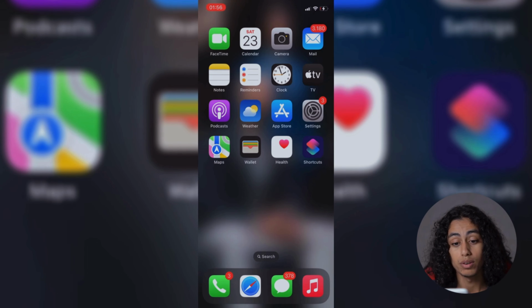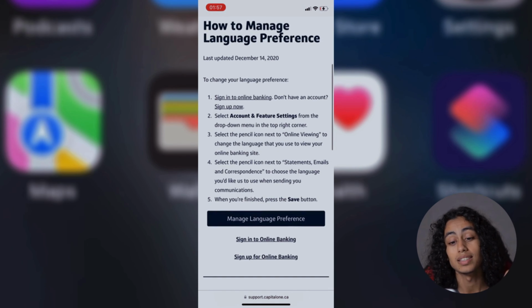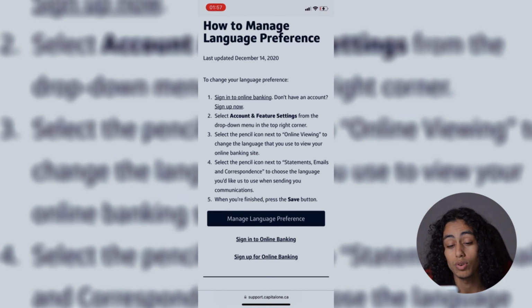So I'm going to open the browser, and as you can see, these are the 5 steps that you need to follow in order to change language on the Capital One app. For the first step, you need to sign in to online banking. If you don't have an account, all you need to do is sign up now, okay? And then click on or select account and feature settings from the drop down menu in the top right corner, and